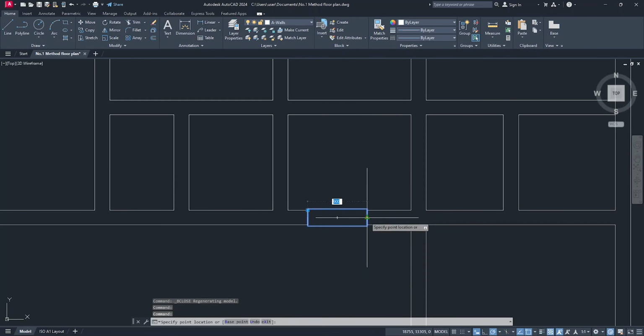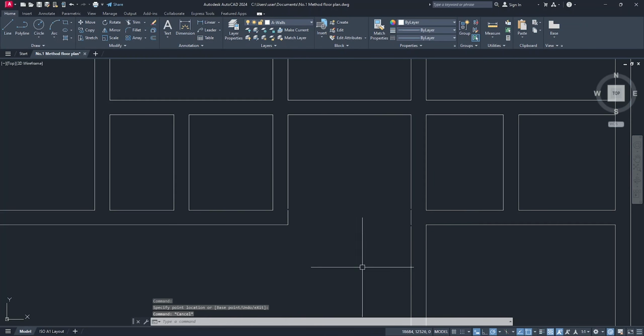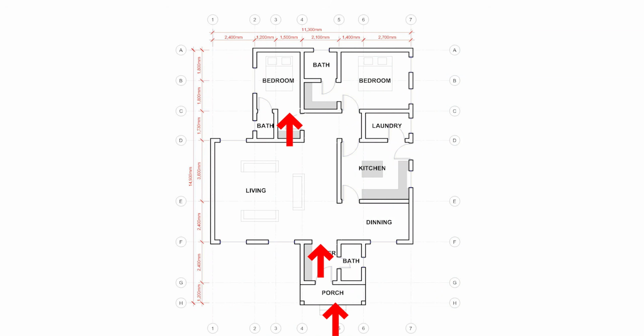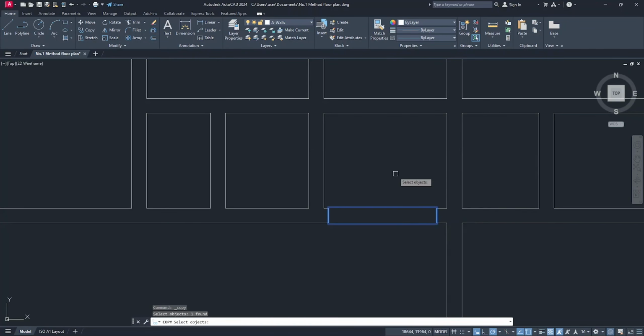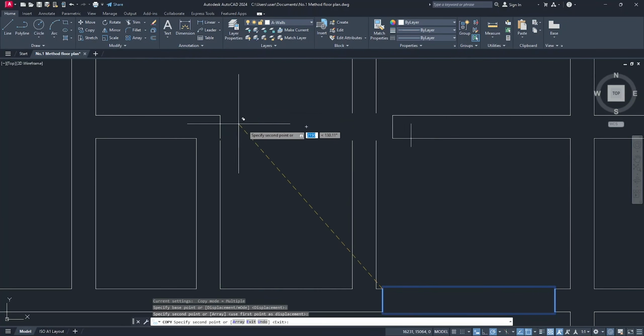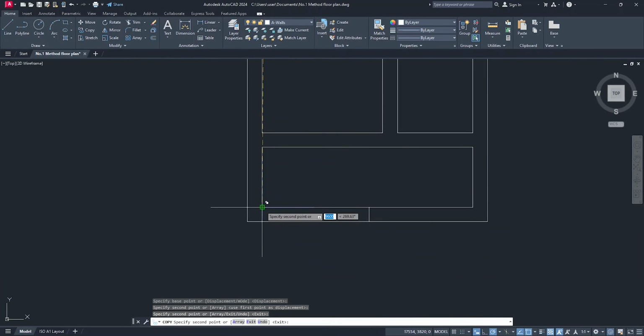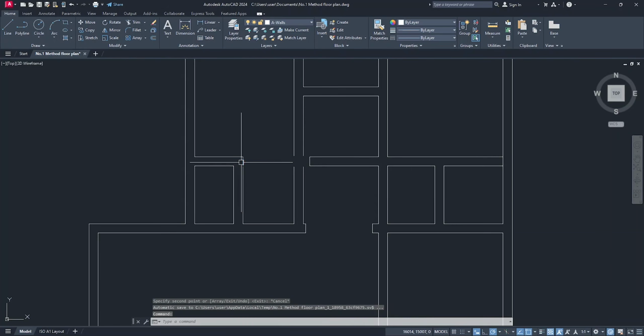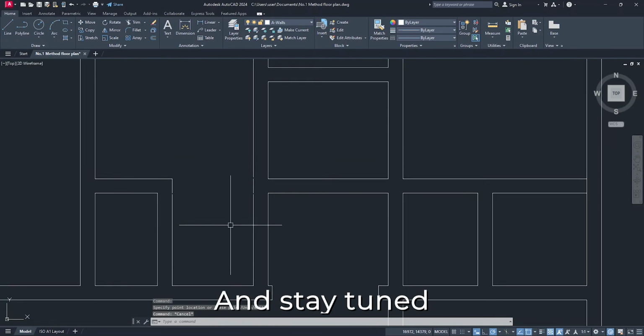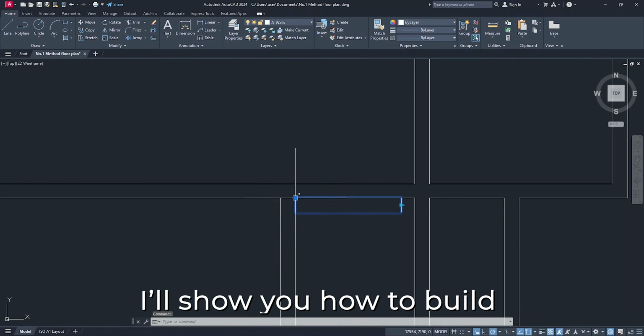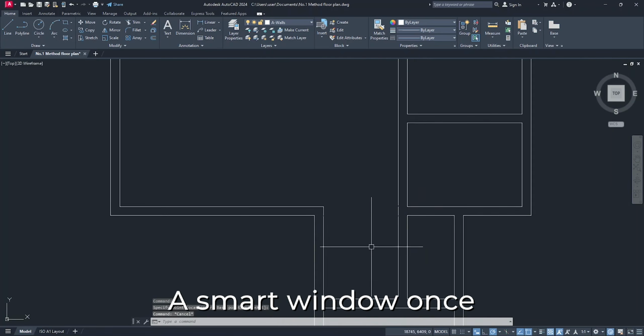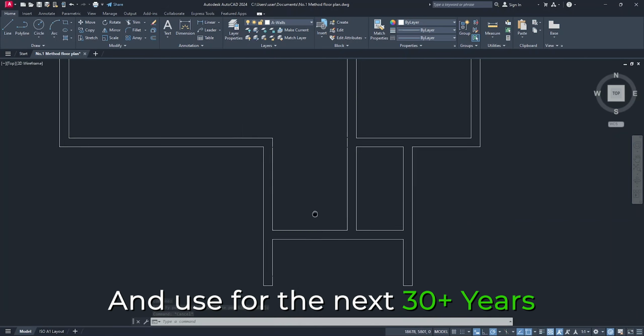Select it. You will see a grip. Drag it to resize. Just like magic. Let's copy these 3 horizontal openings. Select copy, pick the top endpoint, drop 1, 2, 3, enter. Adjust the sizes if needed. And stay tuned. I will show you how to build a smart window once and use it for the next